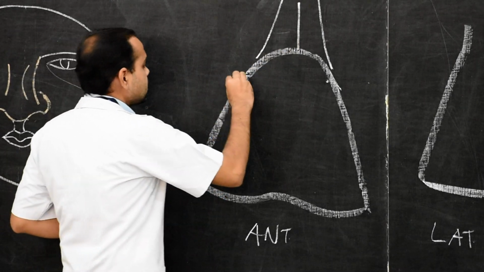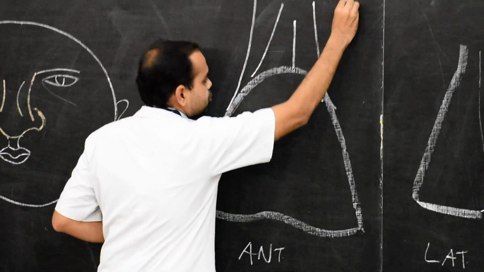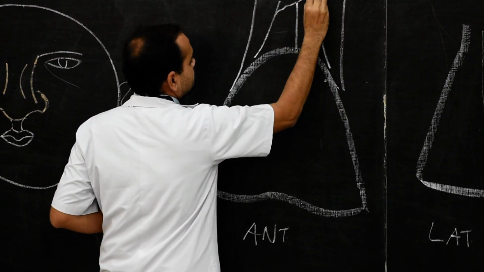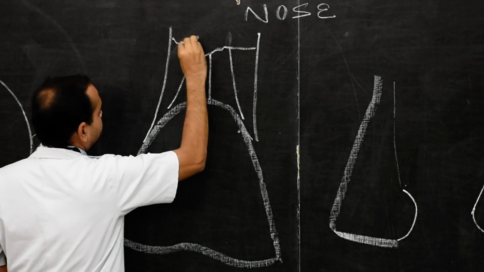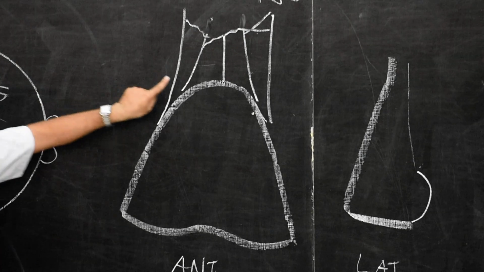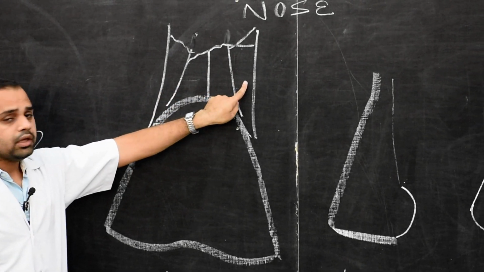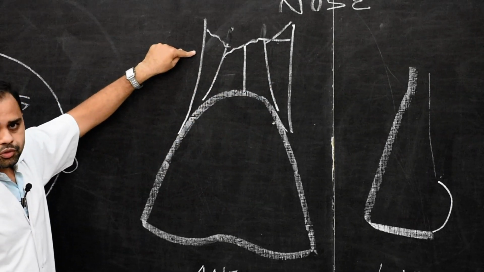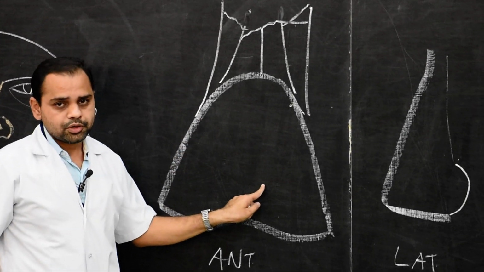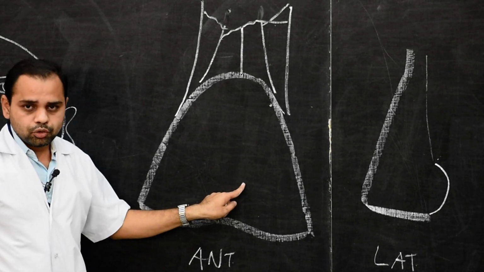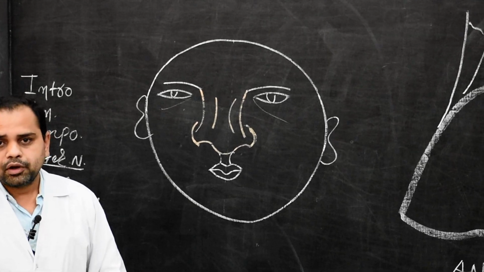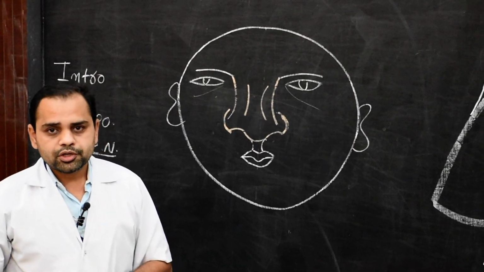On either side of the nasal bone, there is the frontal process of the maxilla. So these are the bones forming the bony part of the external nose: right and left nasal bone and frontal process of the maxilla. Now the bony part of the nose will terminate below and in front in the form of the pyriform aperture. This is the pyriform aperture of the nose, and this pyriform aperture lodges the cartilaginous framework, which is united by fibrous tissue.